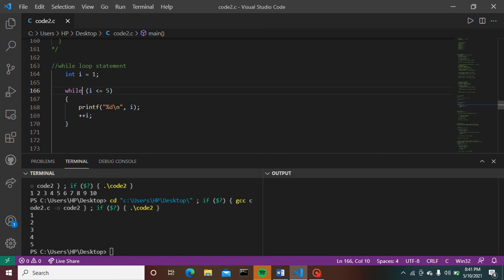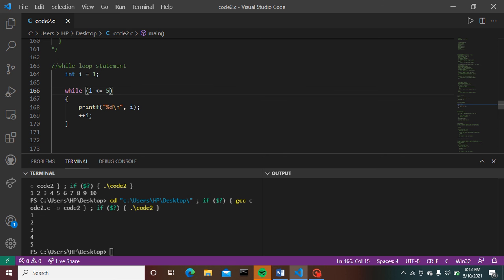The main difference between for loop and while loop is that in the for loop, the user knows about the number of iterations made by the compiler, while in the while loop the number of iterations can't be guessed by the user until the test condition is evaluated. Here I have provided a while loop with a test condition of i is less than or equal to 5.